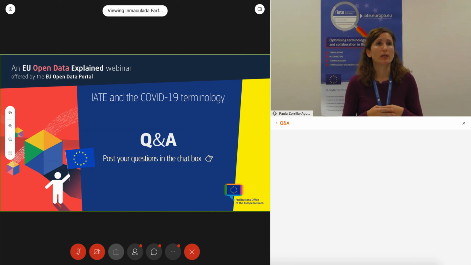Every time we include new features for external users, and particularly if they are for logged external users, we mention it explicitly in the release notes. So if you follow the release notes regularly, you can see whether new things have been added, and whether it's worth it for you to create this EU login account.